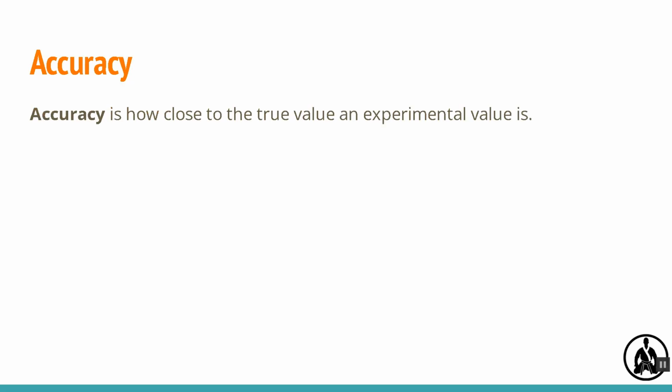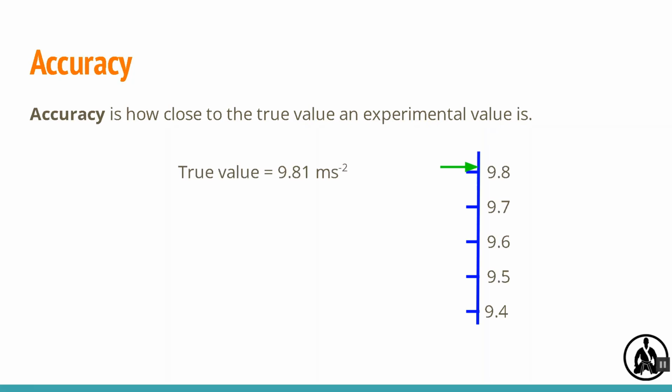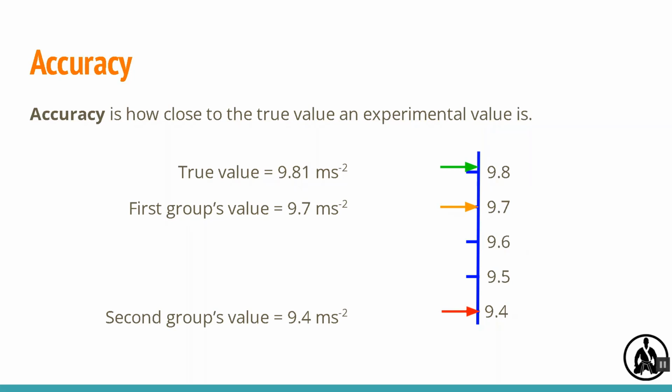Accuracy is how close to the true value an experimental value is. So for example, in an experiment to find a value for g, if one group gets a value of 9.7 metres per second squared from their experiment and a second group gets 9.4 metres per second squared, the first group's value is more accurate. Having more significant figures can also take you closer to the true value. So for example, 9.73 metres per second squared is taken to be a more accurate value for g than 9.7